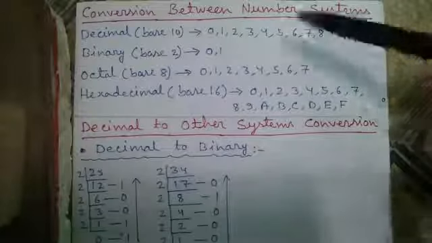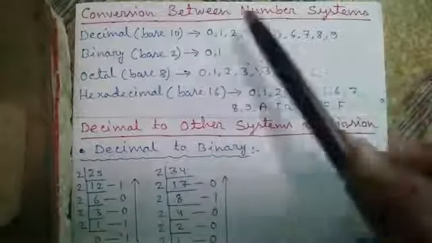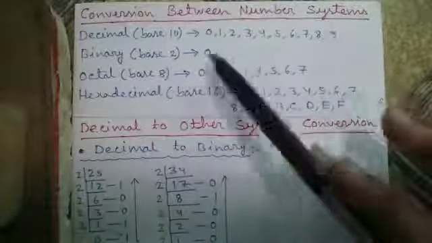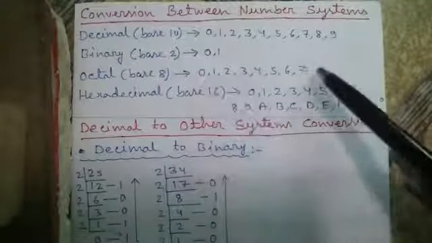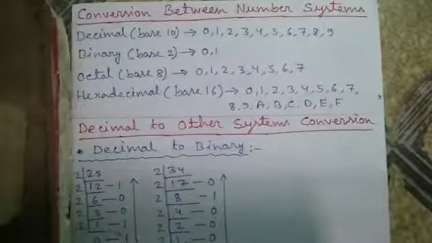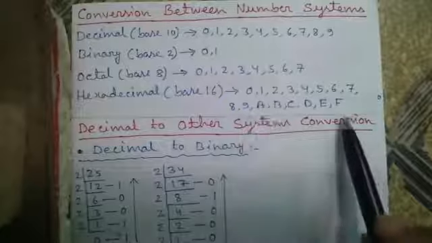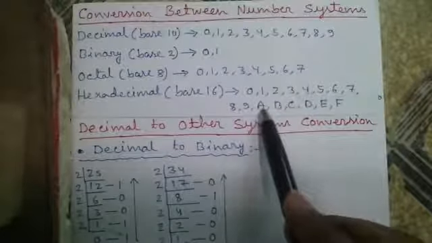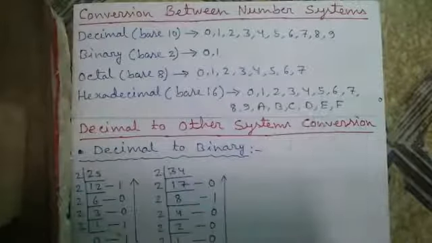So let's start. There are 4 bases: decimal, binary, octal and hexadecimal currently in use. Decimal or base 10 because it has 10 digits from 0 to 9. Binary base 2, digits 0 and 1, octal base 8, digits from 0 to 7, hexadecimal base 16, digits 10 numbers from 0 to 9 and 6 letters from A to F. One more thing, in hexadecimal after 9, A is written as 10, B 11, C 12, D 13, E 14 and F 15.